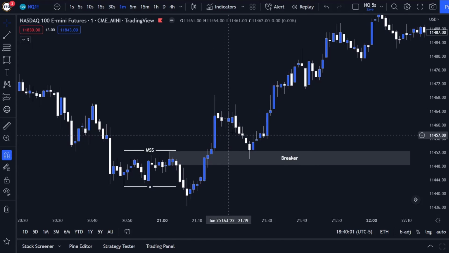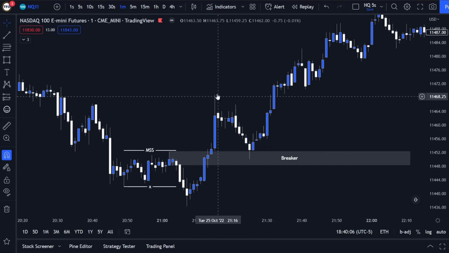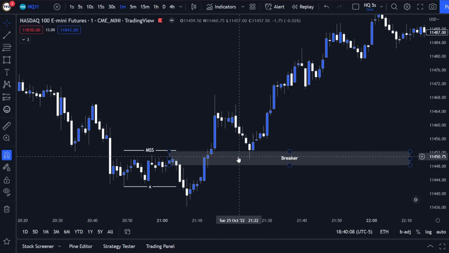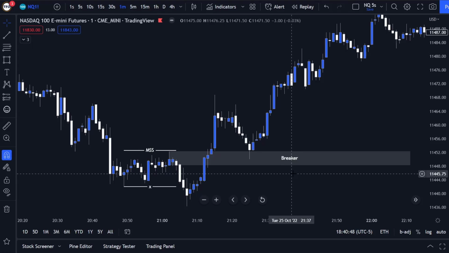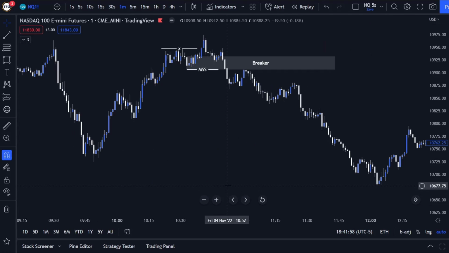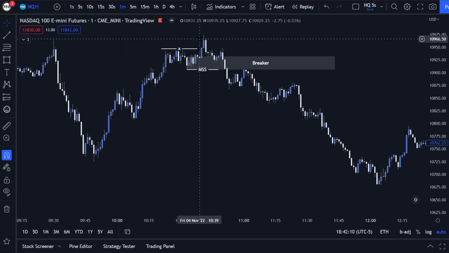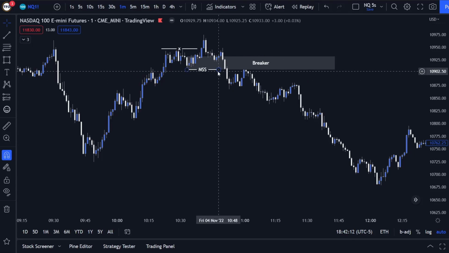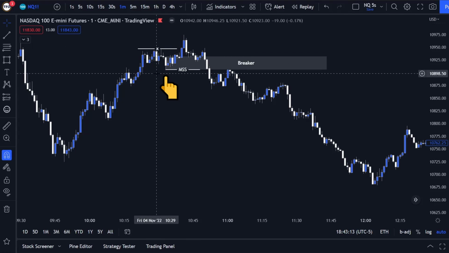This is obviously extremely similar to the 2022 mentorship model, because you have a run of liquidity, market structure shift, and then you look for your discount entry, ideally in a fair value gap. It would have been nice if price retraced into this fair value gap right here to give you an ideal entry for the mentorship model, but this breaker just provides another method of entry for you to potentially get long here. Now we're looking at a bearish setup, and you see price takes liquidity resting right here and also from pre-market. You can see we have an aggressive break of the lows indicating our market structure shift. According to what I mentioned earlier, you want to look at these two higher highs, find that short-term low in between them,